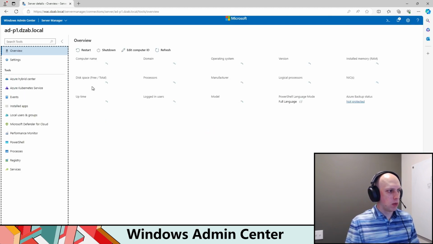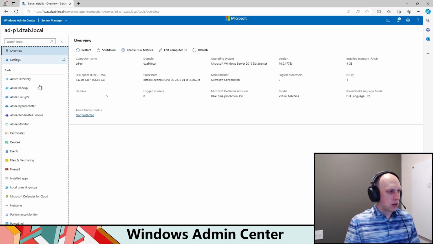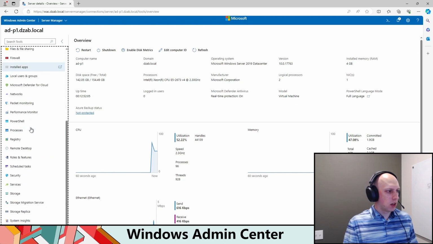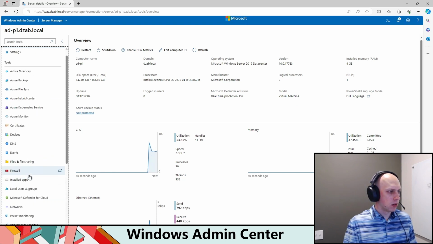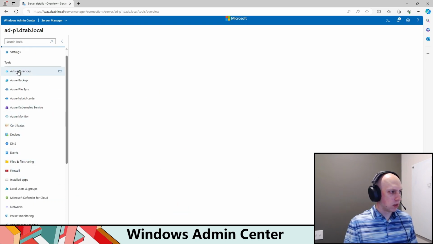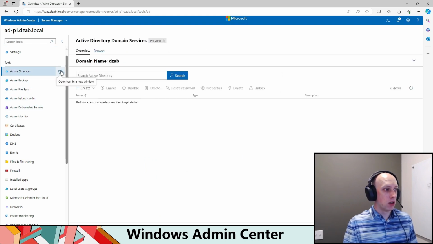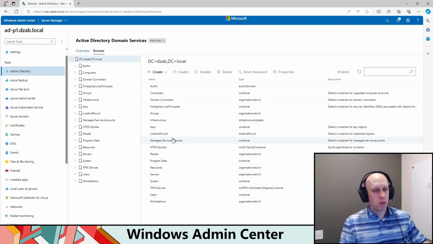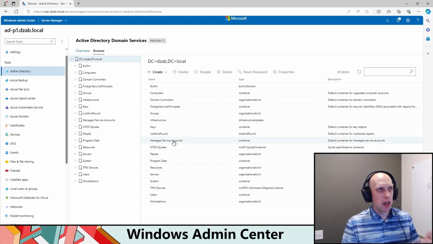Okay, here's ADP1, and I added the Active Directory extension. So if I look down here on the left-hand side, I should be able to find Active Directory right on the top. And you do have the ability to open it in a new window versus in this console pane here. But now I have access to my Active Directory domain. I can search things here, or I can browse. And you'll notice this view